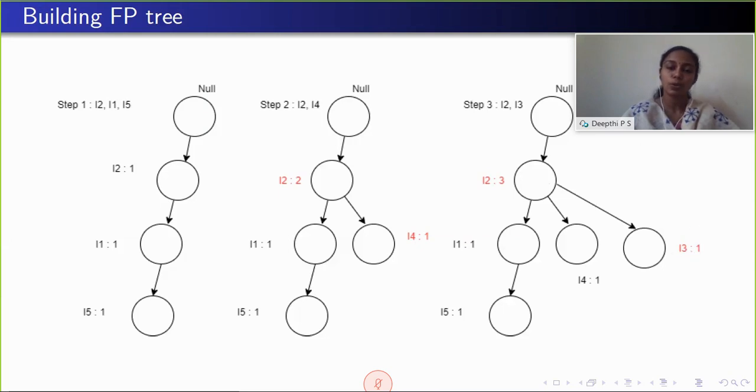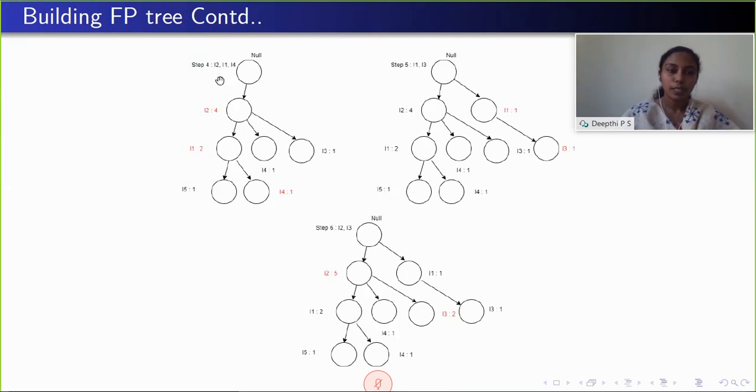So this is what you have to do. If you already have a node as a child of the root node, you have to just increment the support count of that node. Otherwise, create a new node. So whenever you create a new node, you have to create the node as child of the previous item. So I2 we have incremented the count and I3 should be the child of I2.